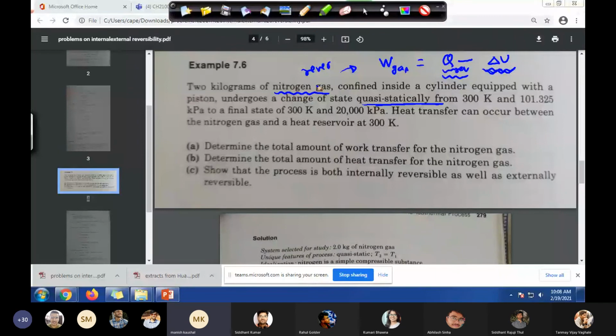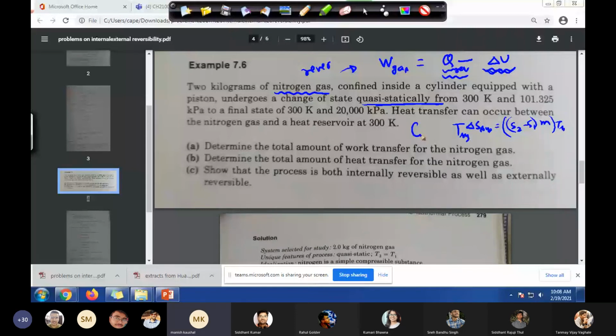How will we calculate Q? Let's see who can answer. In tables generally, what is given? U is given. H is given. What else is given? H you cannot use because it's not a constant pressure process. What else is given? We know the temperature is constant. So if we calculate delta S, then Q, very good. From the table we can see delta S of system, which is nothing but S2 minus S1 into m, of course, and then this divided by T of system, which is of course 300. Then you will be able to know Q reversible.